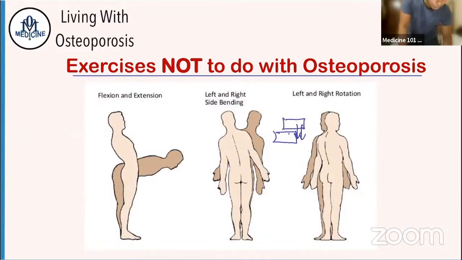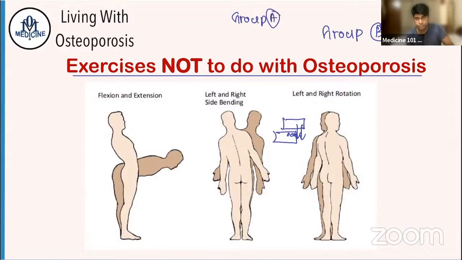So if this part of the bone is damaged, you are at a risk of damaging the bone. And then even the left and right rotations are contraindicated in people with osteoporosis. I'm talking about group B and C mostly. Group A,